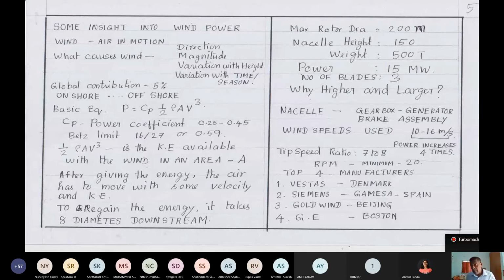The power, they have gone up to about 15 megawatt. Some details say that it is 16 megawatt, but definitely I think they have erected up to about 14, and people have settled on the number of blades as 3. Not less, not more. Very interesting discussions about this you can find on the net.